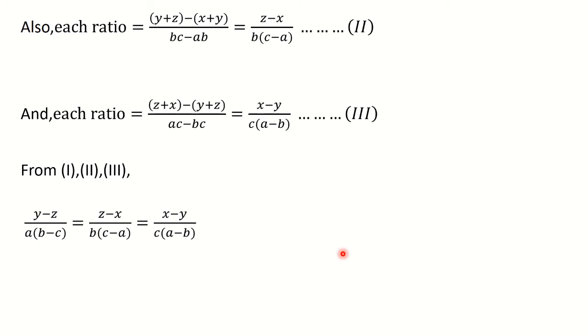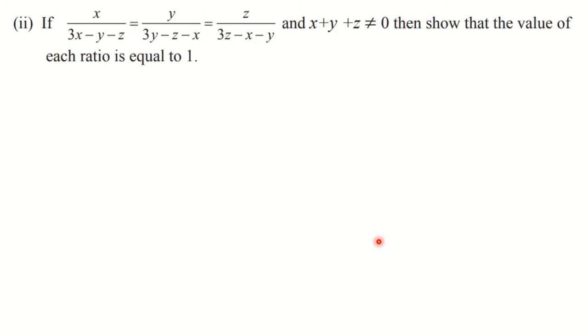So these questions, when you see the questions, you will find that it is difficult, but it is not difficult at all. You have to understand it and you have to do the proper steps, because what you will find is the steps are similar. Okay, so I hope you must have completed it. I am moving towards the next question.